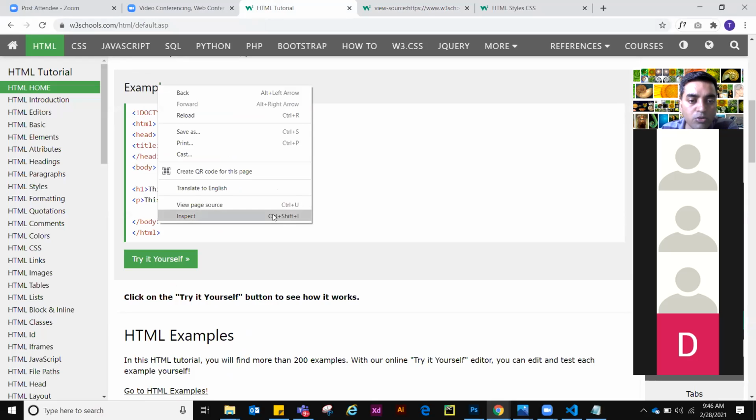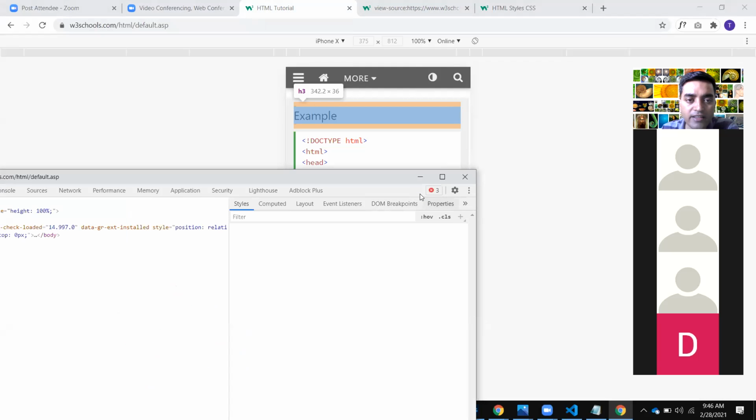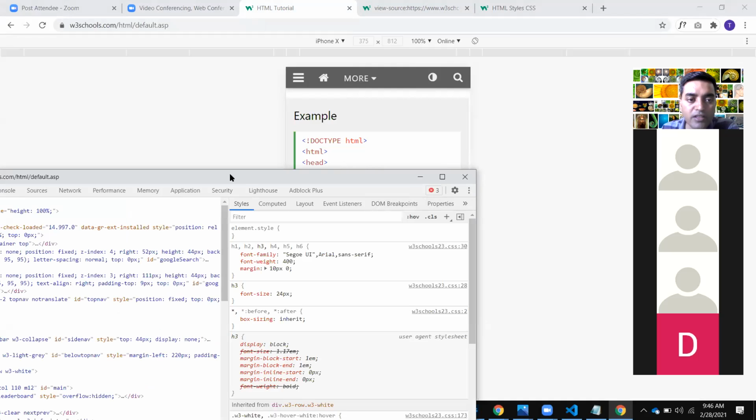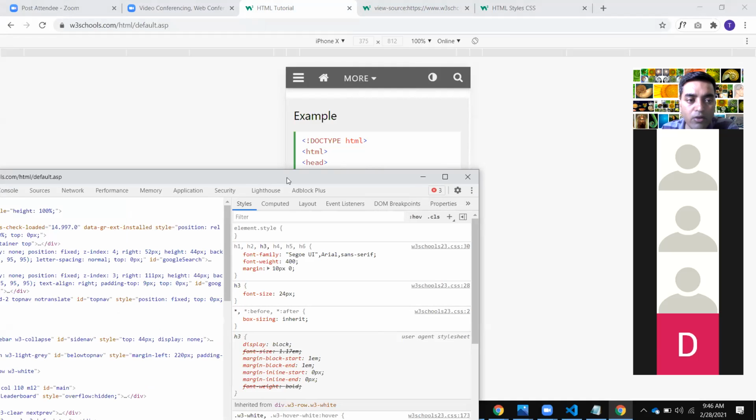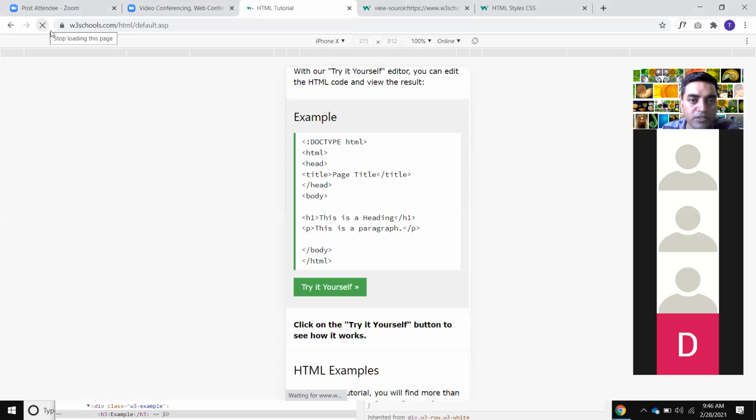The keyboard shortcut is also Control Shift I. So you click on this and you get exactly the same. And now you can also check how your page will look on mobile. This is also a very important option. Can you see this small select element, a box and an arrow? If you click, it will change the mode to like a browser. I'm refreshing this page.